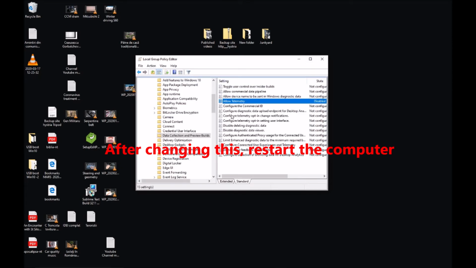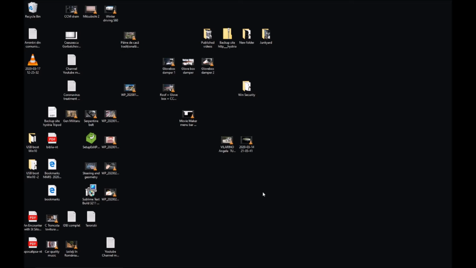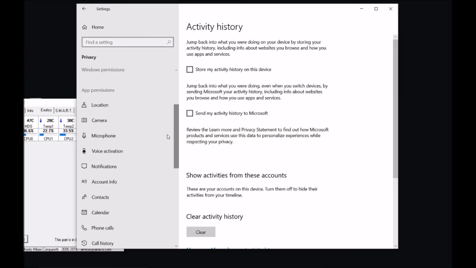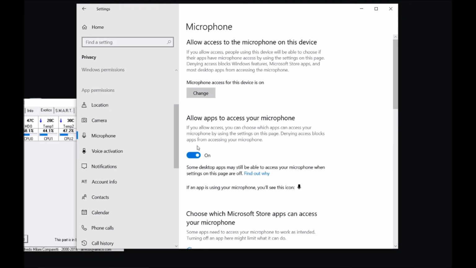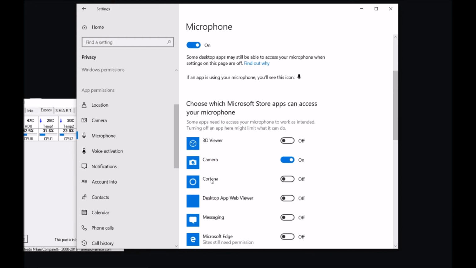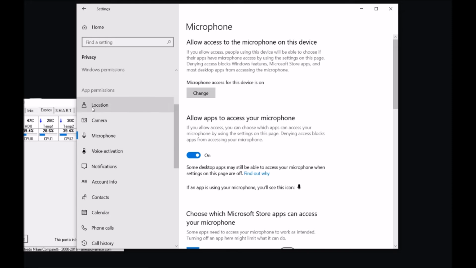Remember where you have been, or come back to my video if you encounter any other problems with working with your computer, so you can reverse these settings. If you go application permissions, locations, you have all these microphone and so on and so on. You can deactivate what applications are using them, but you need to know exactly which applications you are using and which you are not using. For example, if you are using a camera, you need to have it on, but perhaps 3D Viewer, or if you are not using Cortana, you don't need to give them permission to that camera, microphone, and so on.